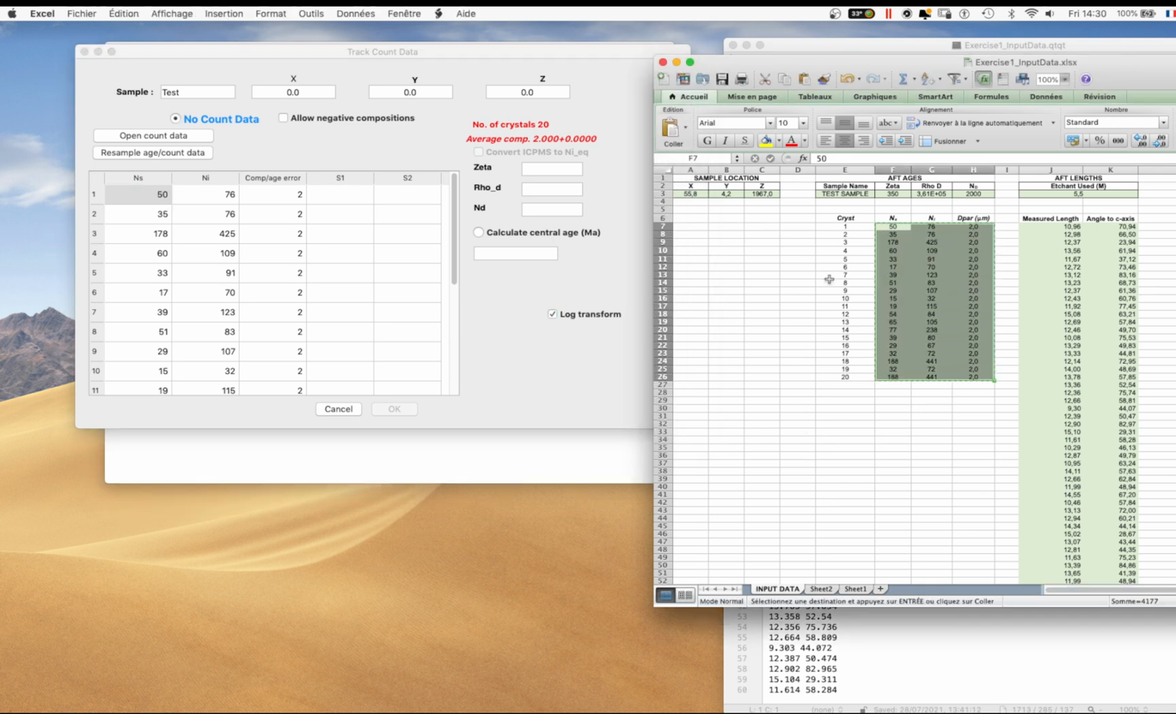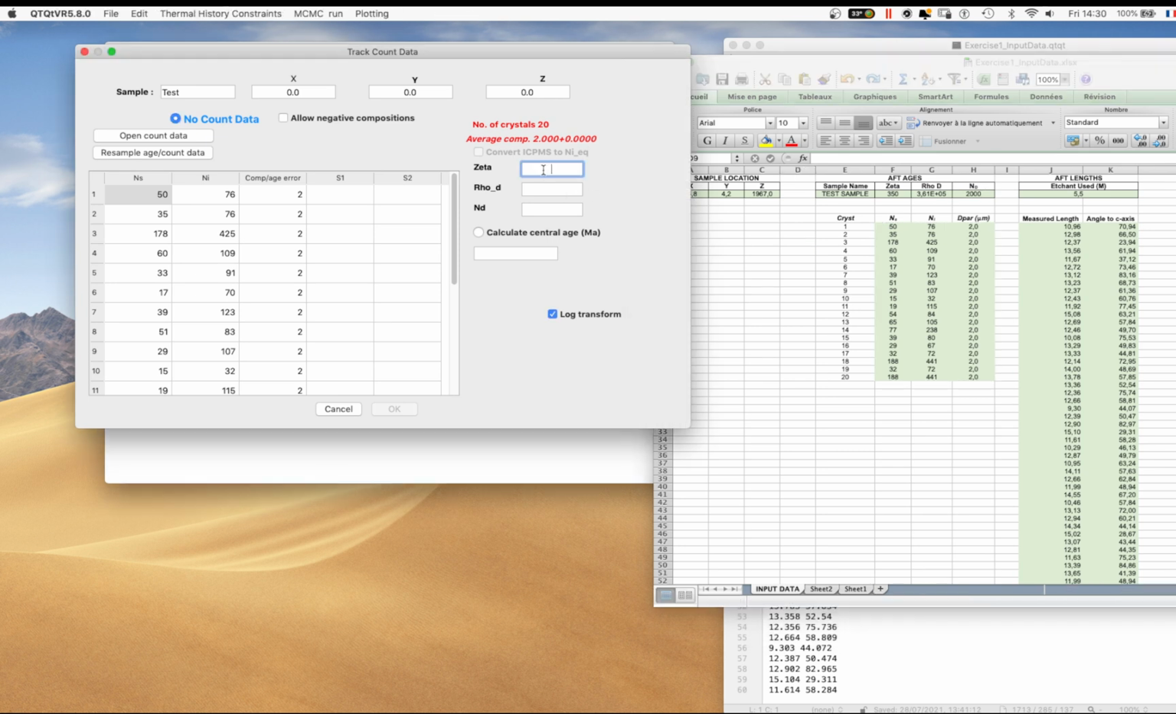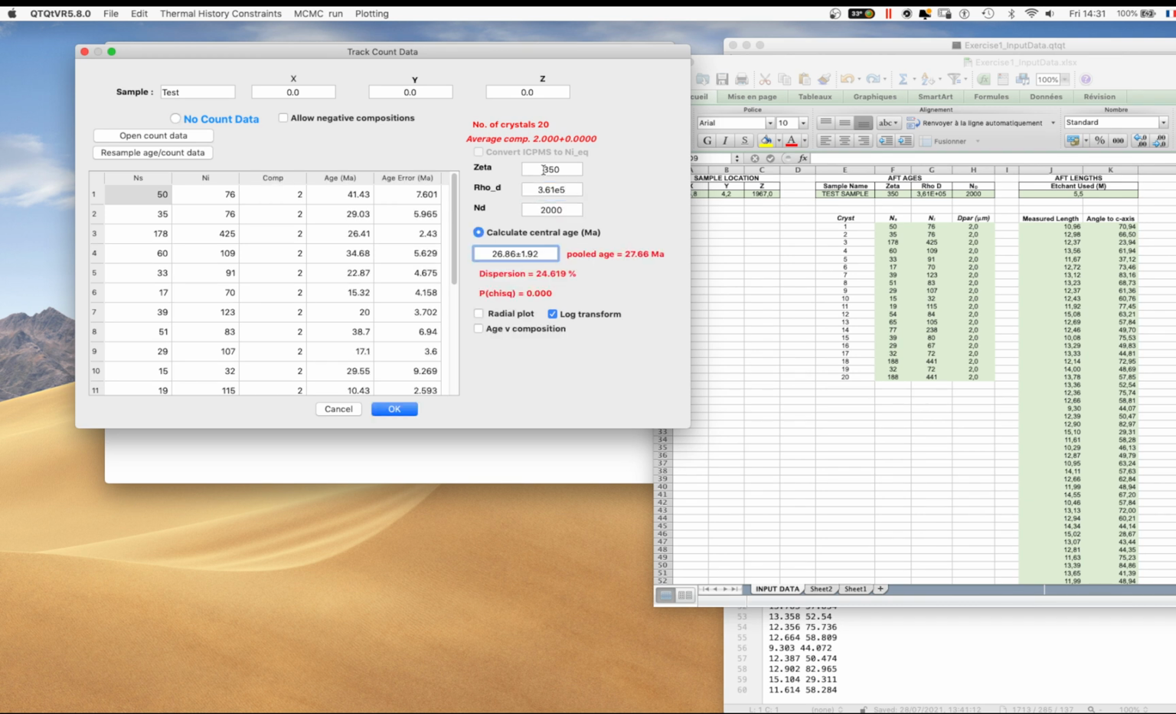And then the other information we need for an external detector method age are these parameters here, zeta and the dosimeter density, rho d, and the number of tracks in the dosimeter. So it's probably quickest just to type those in. 0.61 e to the 5 and 2000. So once you've put in those values, you saw there quickly